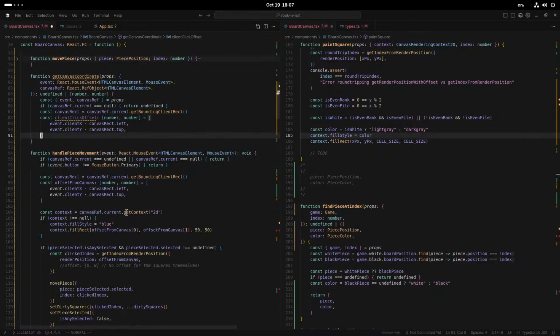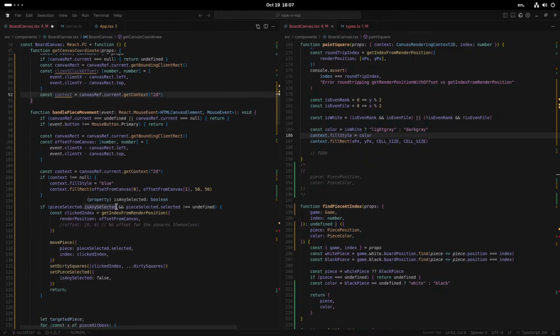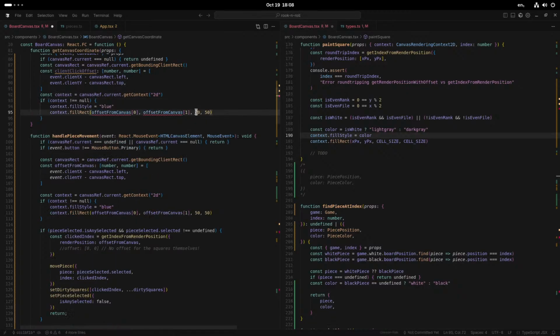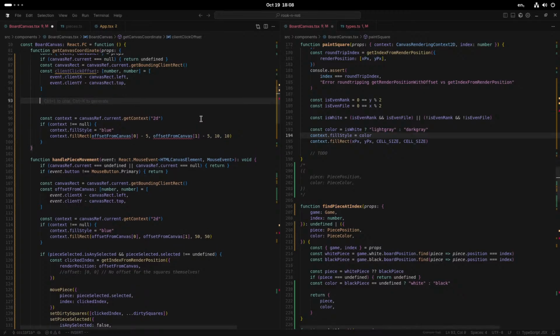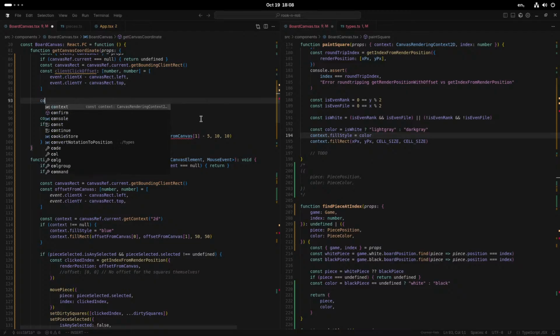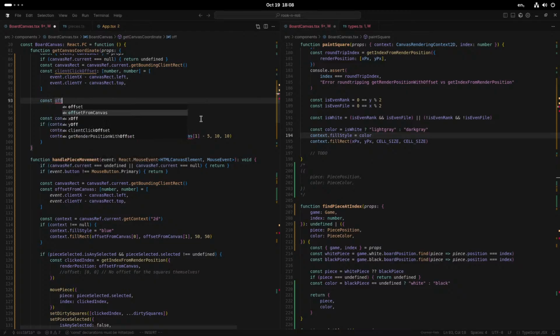Fine, we have that. We do need our context as well, I think. I'm not sure. Yeah, we'll use this for debugging. And we're going to make it 10 instead of 50. And we're also going to do -5. And we'll do -5. There we go. Okay, so we need to calculate the offset from canvas. So const offsetFromCanvas equals,